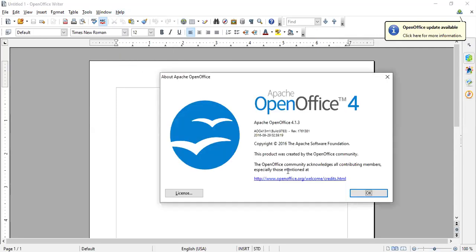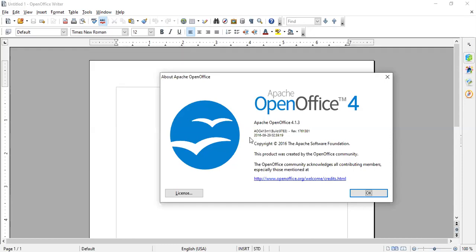About office में it will give you the details कि copyright कब का है, what is the name of the version of it, right? And what is the release date of the version. And likewise you'll get all information, license information you can see from here, or you can go to the link given here for to go to the community, the website from where you can find out the information about this particular version,